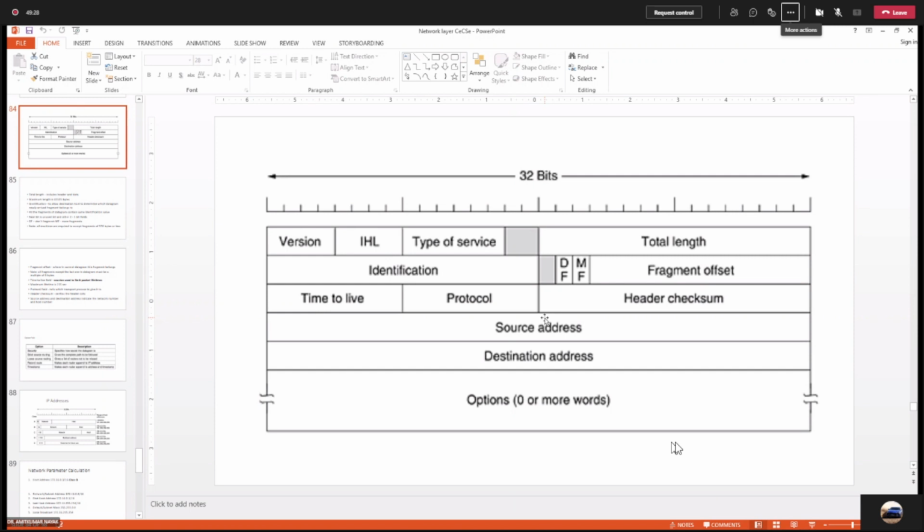Assume that I have created two packets. I want to transmit character A and character B. I am the source and you are the destination. I have sent the first packet in which character A is there. I have sent the second packet in which character B is there. After that, I don't have any data to send. I want to send character A with packet number 1 and character B with packet number 2. So I have created two packets.